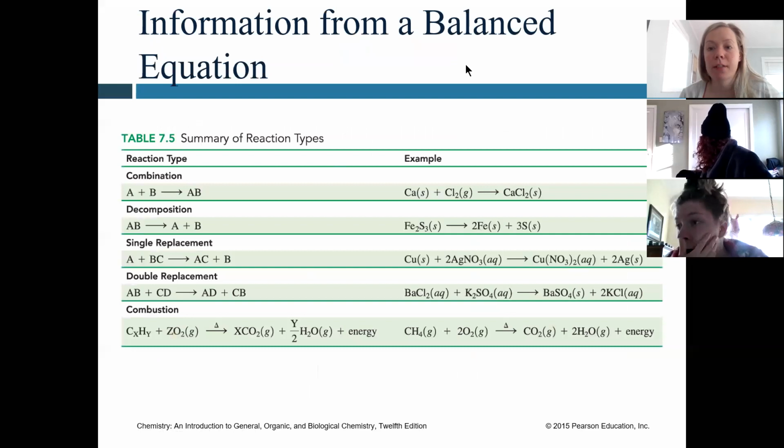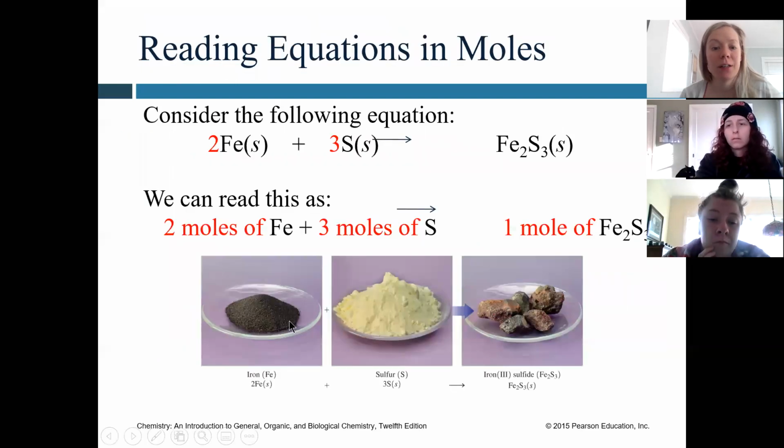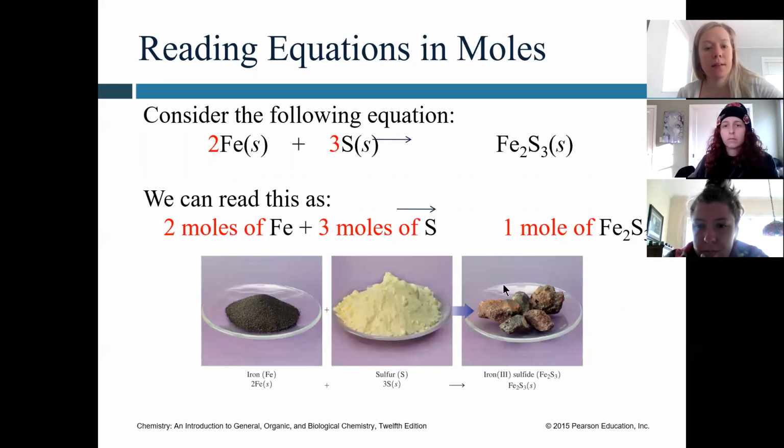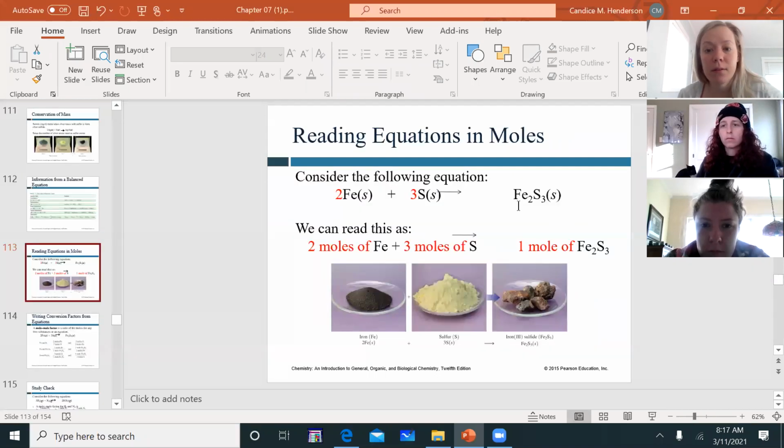Here's all of our different types of chemical reactions, just a reminder. Great. Okay, so this is the important thing. These slides. I'm doing this. Move this over. There we